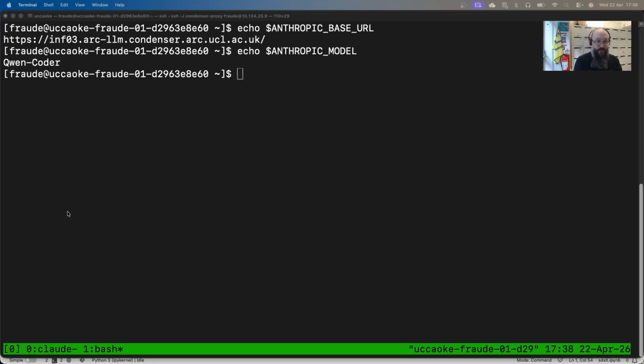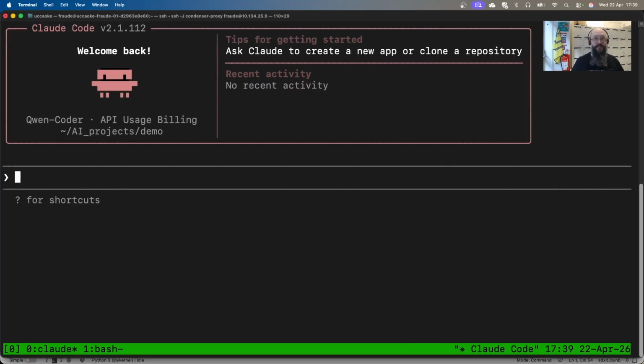So if I switch terminals, in this terminal I've got Claude Code running. And you can see here, it knows it's using a different model. It can see it's using the Qwen Coder model. So we can talk to this just like Claude, the difference being that the inference happens on UCL servers. And to be honest, the model's not quite as good. But we can tell it things like,